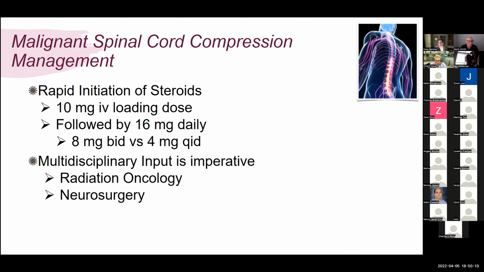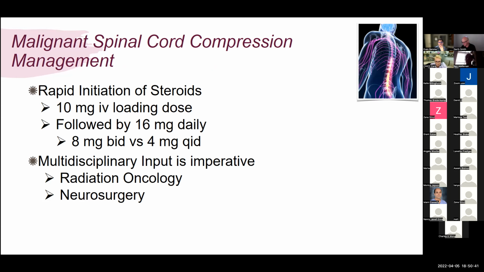So I looked at the literature to see what is the recommended dose of steroids, and there are no randomized control trials telling us what dose of steroids we should use. When I looked at various neurosurgery associations and supportive care, like palliative care, most say start with a 10 milligram IV loading dose, and you follow that by a 16 milligram dose daily, either given 8 BID or